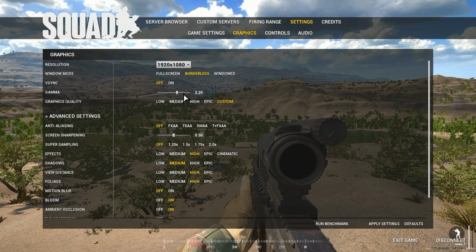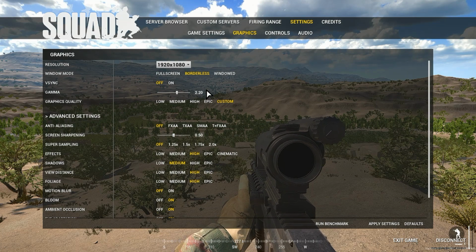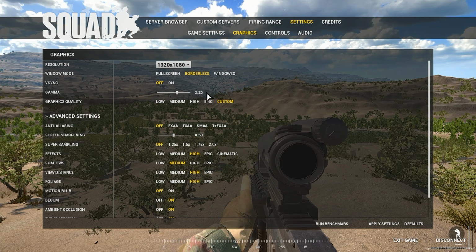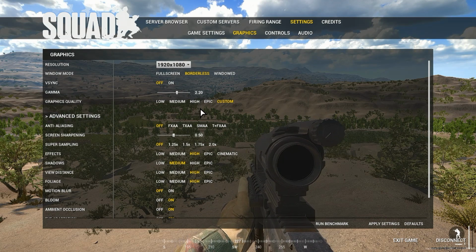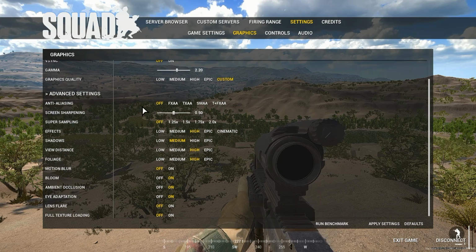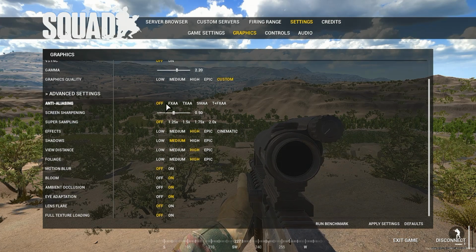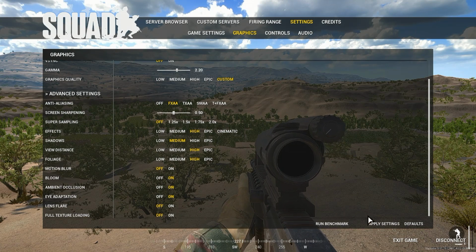If you're playing competitively in Squad, there are settings in the CCFN, for example, where the gamma has to be set to 2.2. So that is where my gamma settings are. And then I fiddled around with everything, so it's custom. Anti-aliasing off. So if we switch on anti-aliasing for a second,